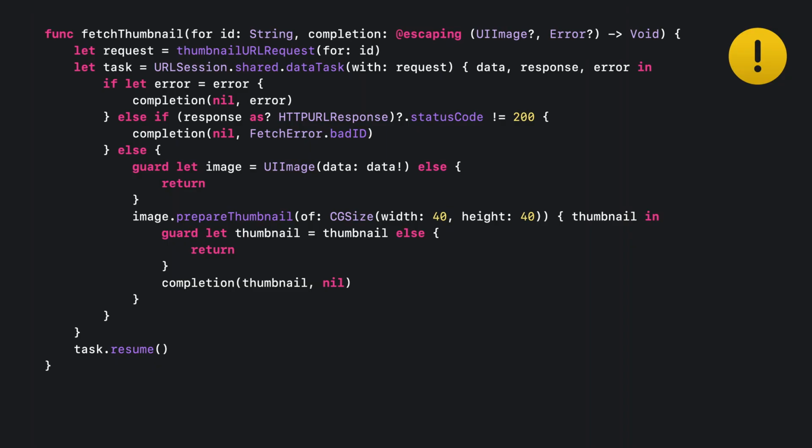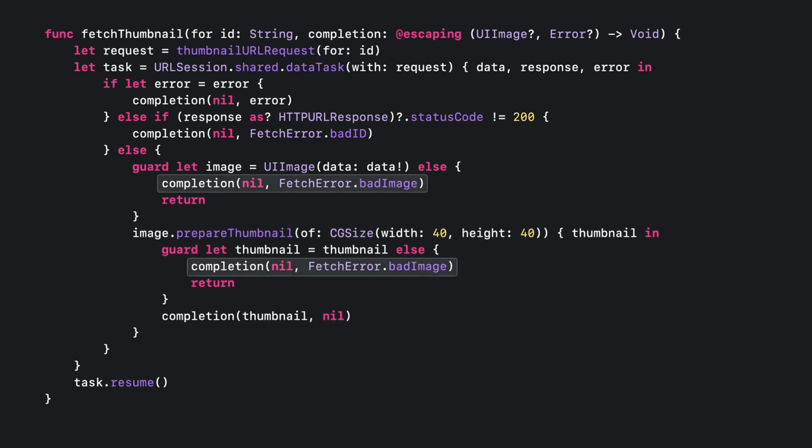That's why it's so important for us, the authors of FetchThumbnail, to notify our callers no matter what happens. So every path through the function should notify them. To do that, we need to invoke our completion handler if an error occurs and pass the error along. A normal function gives an error back to its caller by throwing it, and Swift ensures that no matter how execution proceeds through the function, if a value isn't returned, an error is thrown.